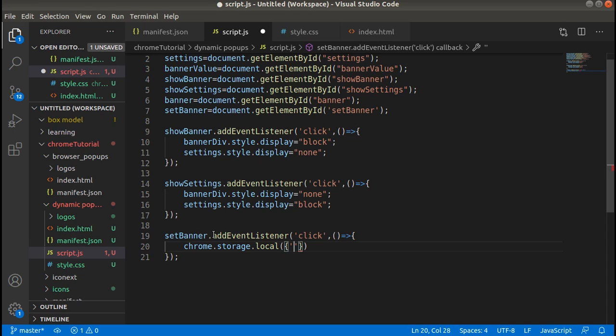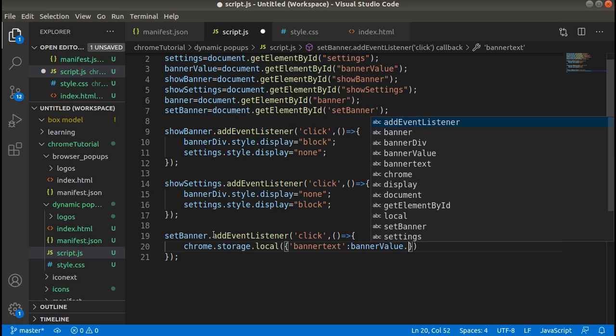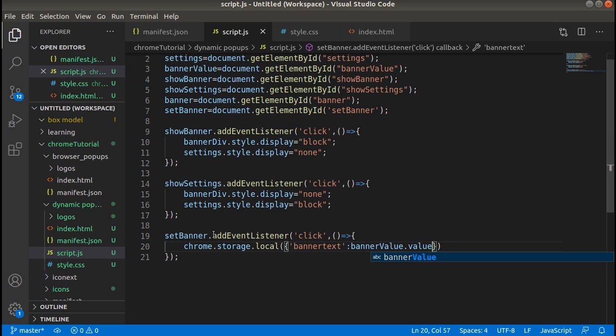So the name, let's call it banner name or banner text, and the value should be banner value dot value. Banner value is the name of the text box that we have set,